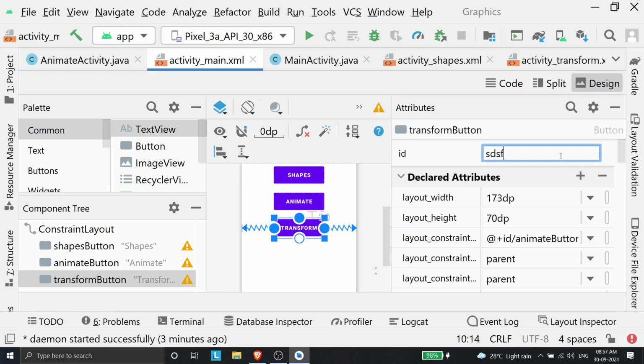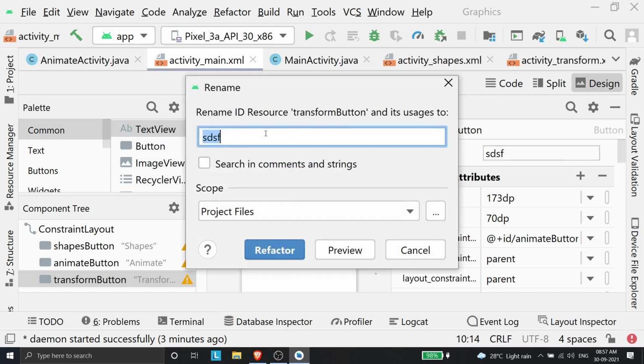If I give some random name, it will ask me to rename it, and I just need to click Refactor. What refactor does is, if I change the name somewhere, it should not cause problems in other parts of the code. If transformButton is mentioned elsewhere in the code, it needs to change to the new name.